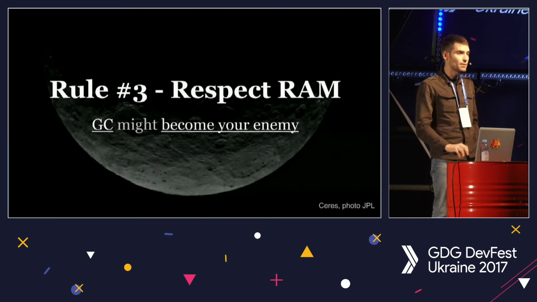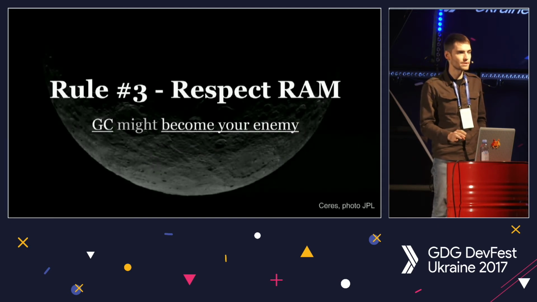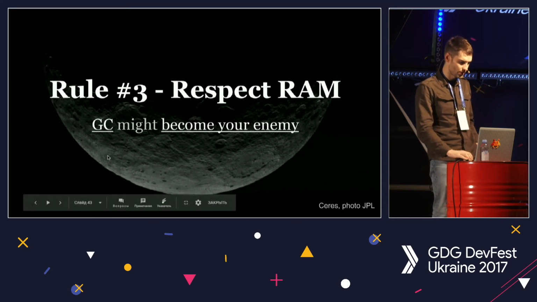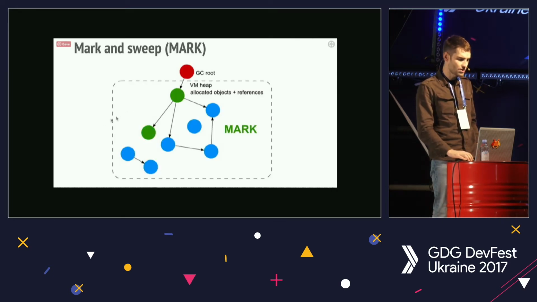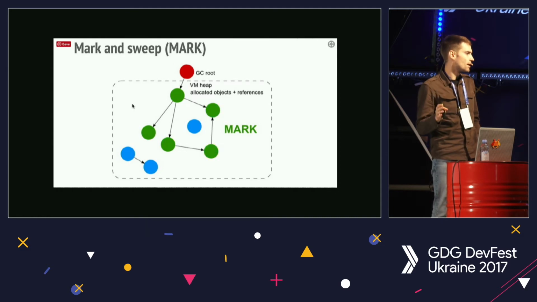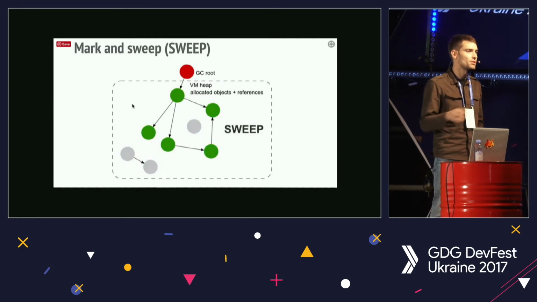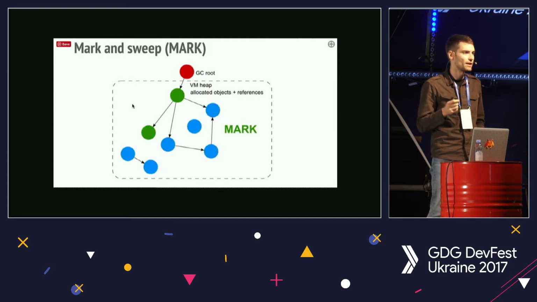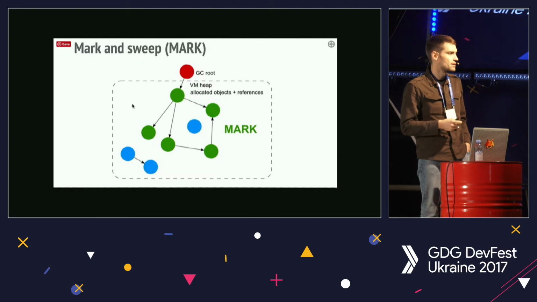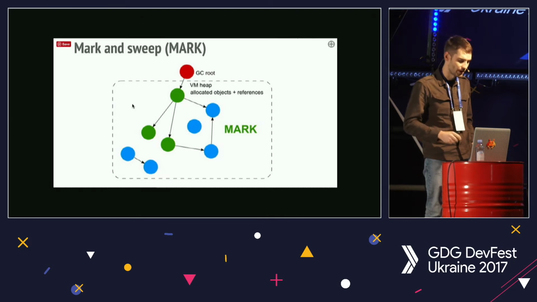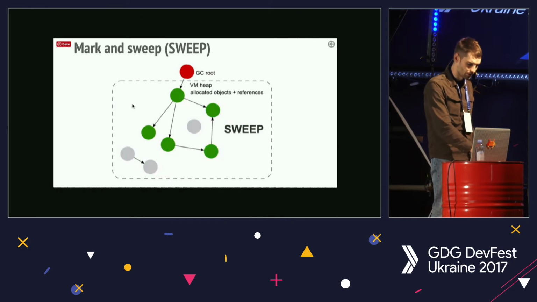But do you know what a garbage collector is and how it works? Who knows? I think quite a lot of people know. Basically, if you do not destroy links to some object from the root, then that object might not be cleaned, because an object stays in memory as long as there is a reference to it from any part of your system. So be sure that your objects lose their link from a global object when you clean them.